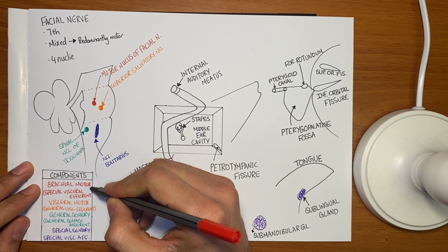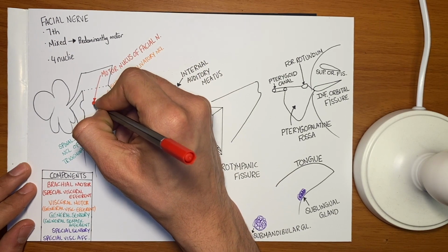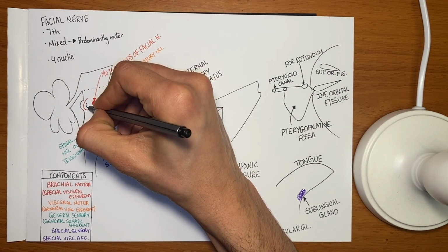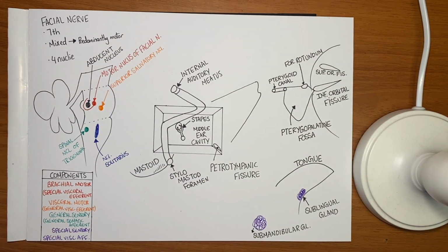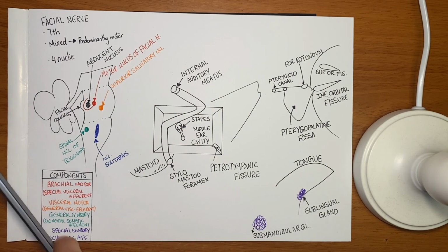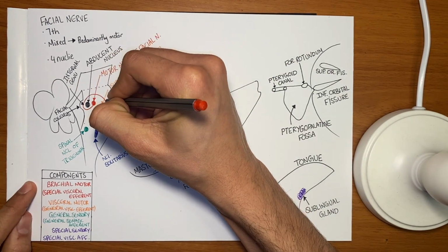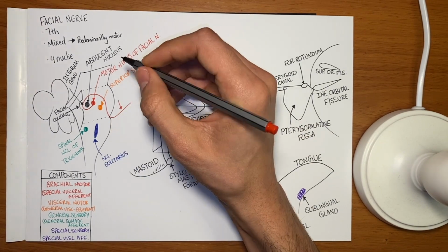The first pathway that we'll be discussing is the branchial motor pathway. The branchial motor pathway starts at the motor nucleus of the facial, travels backwards just around the abducent nucleus in black. It forms the facial colliculus on its pathway. Then it travels downwards just below the pons and above the medulla, exits the brainstem,